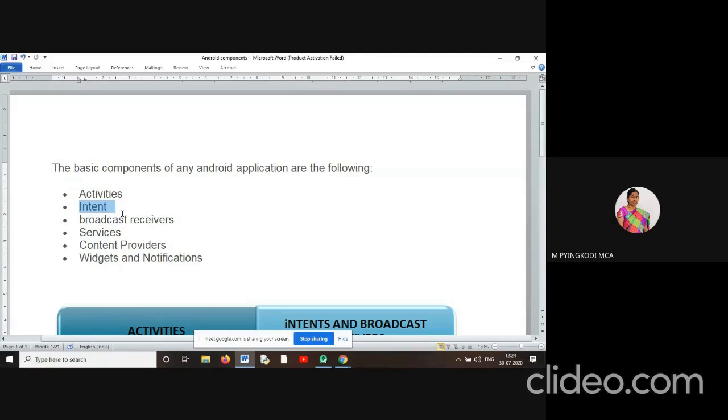So next one is broadcast receiver. For example, all of us see daily that notifications come for each and every app, right?